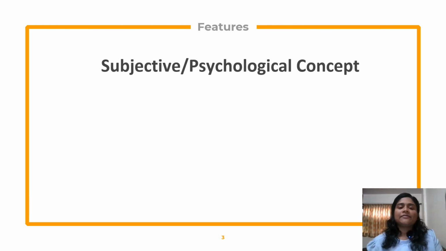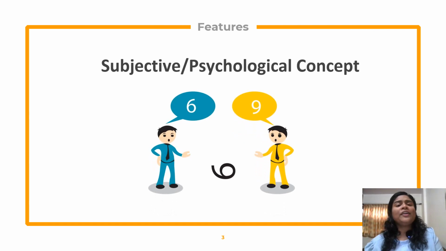Utility is subjective in nature. The word subjective clearly indicates that it's not going to be the same for everyone. Utility changes from person to person. For example, the utility derived from a Coke can for a teenager would be totally different from a middle-aged person. It depends upon your tastes and preferences, your age, your income, your social status, and so forth. And hence you cannot assign cardinal numbers to it.